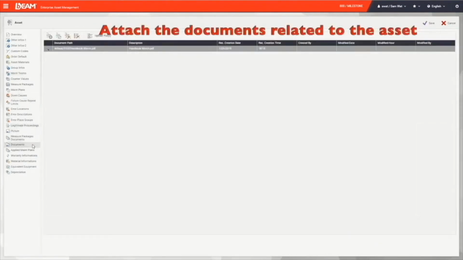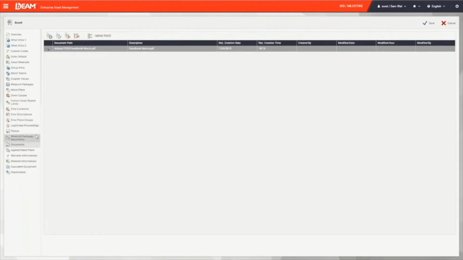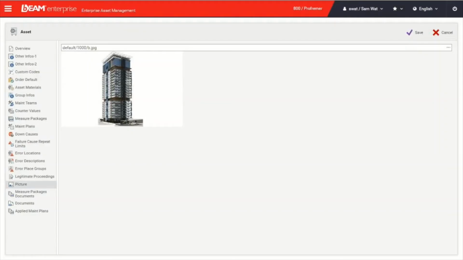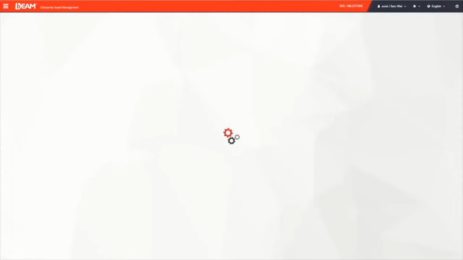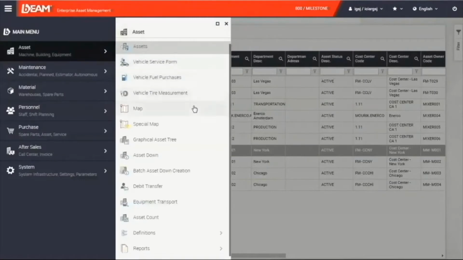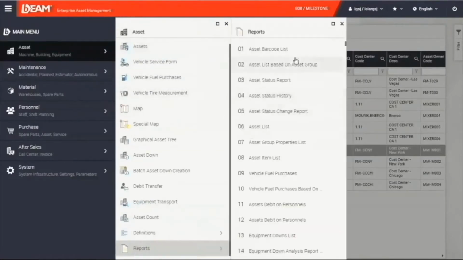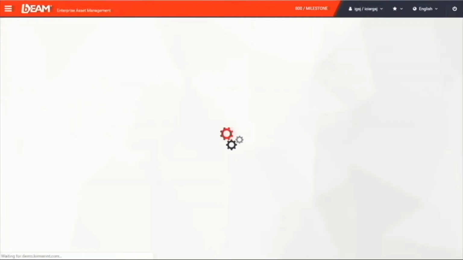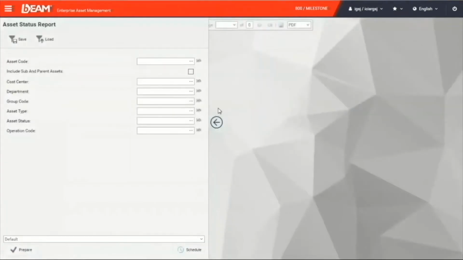Any handbooks, instructions, or certifications can be attached under the document fields. You can also upload the picture of this asset here too. After you fill in all the information, you can save it, and the new asset and its information will be saved in BIM. As BIM provides over 10,000 ready-made reports, you can generate the report, for example, the asset status